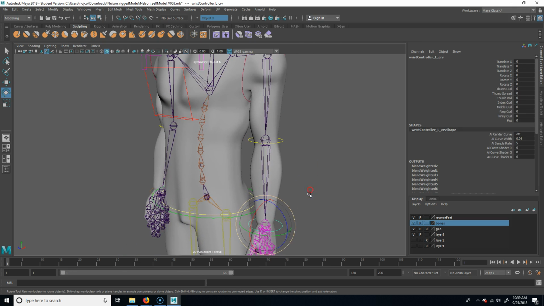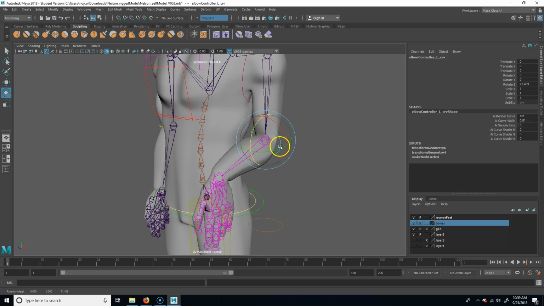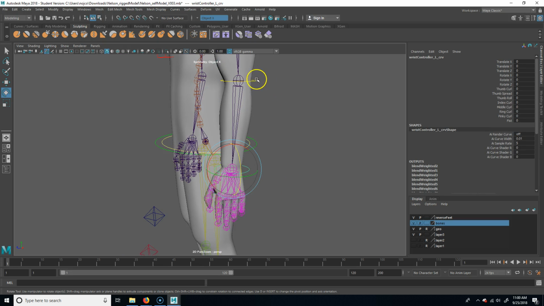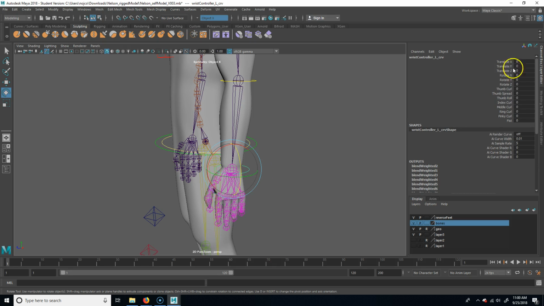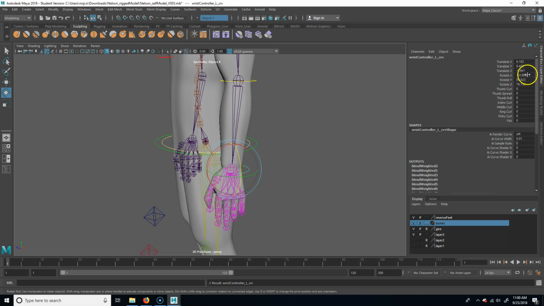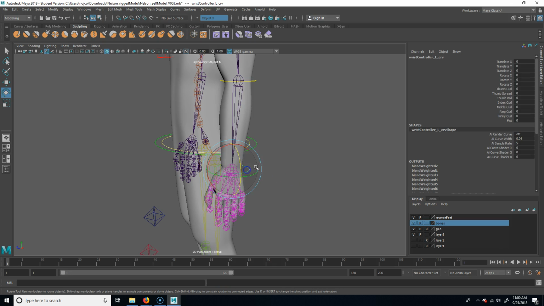So, for one, when I move my elbow here, the wrist should move with it. But see how this isn't? You can't just take this and parent this, because what will happen is, you see how this has these nice clean 0 values? As soon as I parent it to this, it will not. The reason why it has those clean values, if you remember, is because we have this object that's above it, this empty group. That is the thing that actually is holding all the values, and then this is parented to